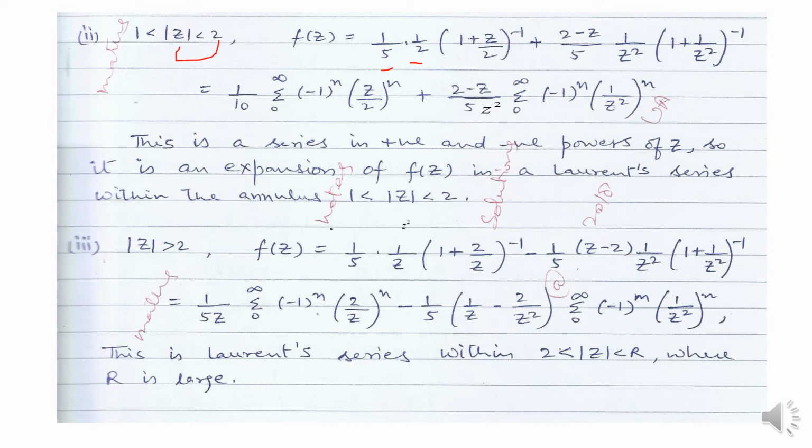So this is valid, plus (2 - z)/5 into 1/z², (1 + 1/z²)^(-1), because here we take z² common,